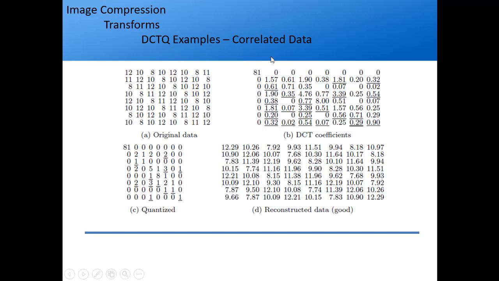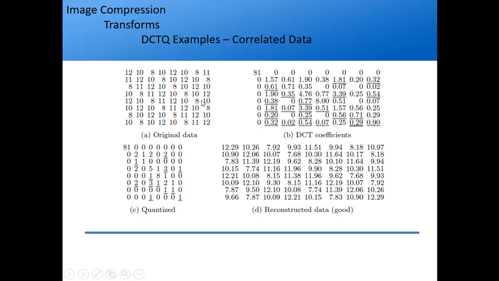So these are the DCT and quantization examples for correlated data. Now if you see any image, usually it is changing very slowly as you go from x to y axis. It is called a correlated data image. So DCT is applicable only for correlated data. You cannot use it for random or uncorrelated data. How that works, we'll see with the help of an example.